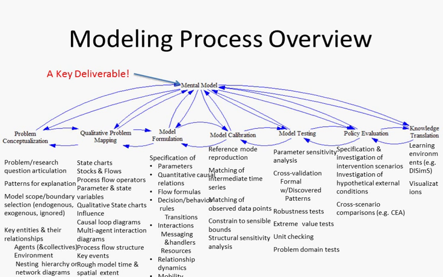Now, as a technical exercise, for those who are trained in it, the actual sketching out of the model, the basics of model structure, requires limited time. What takes a lot more time is what values to put in for the parameters. What are the relationships that trigger someone to go from this state to this other state, or that govern the number of people being discharged? That reflects a lot of domain understanding that requires discussion. So this model formulation is really where the rubber meets the road and making the model fully runnable.